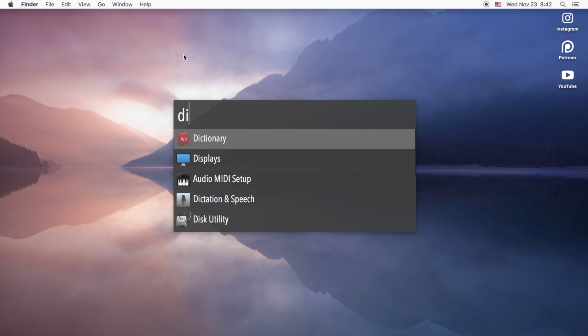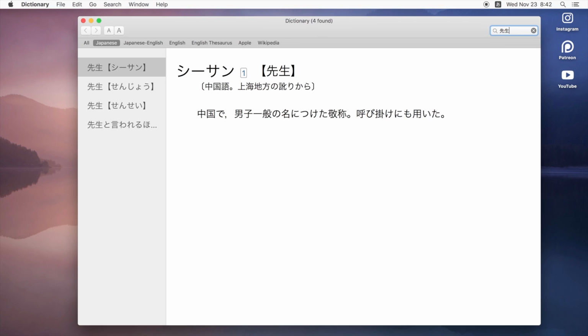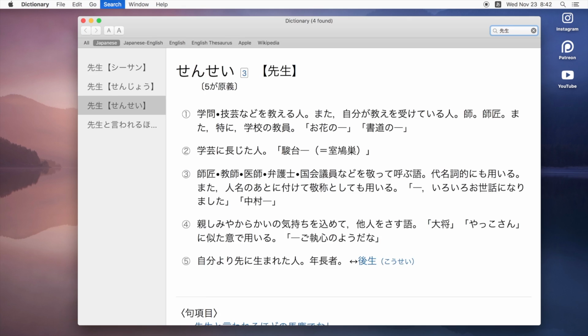Command space, DI, any word, and then I can use Command 1, 2, 3, 4 to cycle between the dictionaries on the Apple computer. So as long as I'm at my computer, I can within seconds look up the pitch accent pattern for any word in Japanese. So I would encourage anyone who has an Apple computer to use this feature. It's free and it's fantastic.